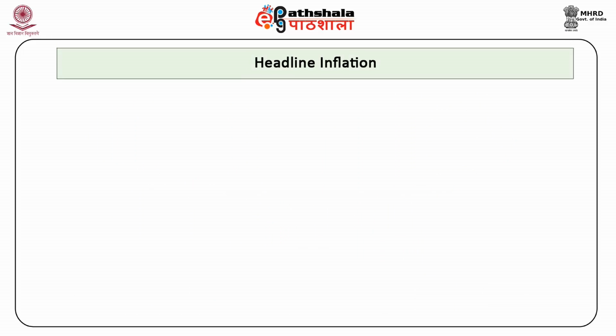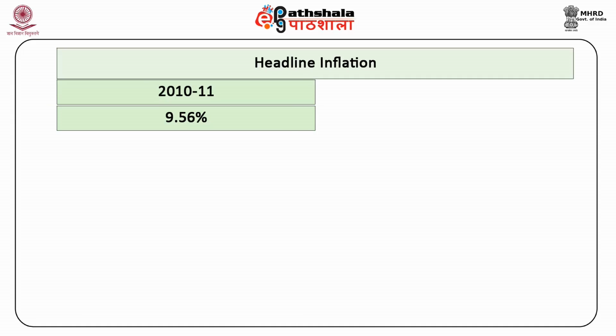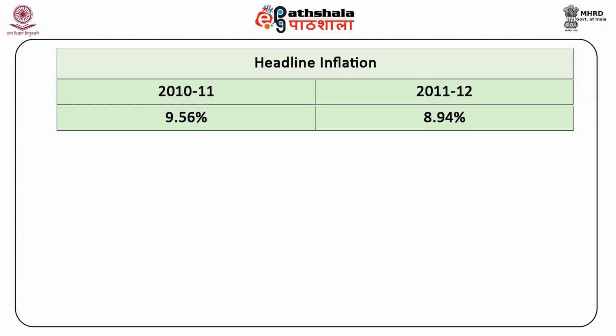The headline inflation, that is, year on year for any month in a given year, for example, January 2013, is calculated as the percentage change in the value of WPI in January 2013 over its value in January 2012. In India, the headline inflation was 9.56% in 2010-11 and 8.94% in 11-12 according to the Economic Survey